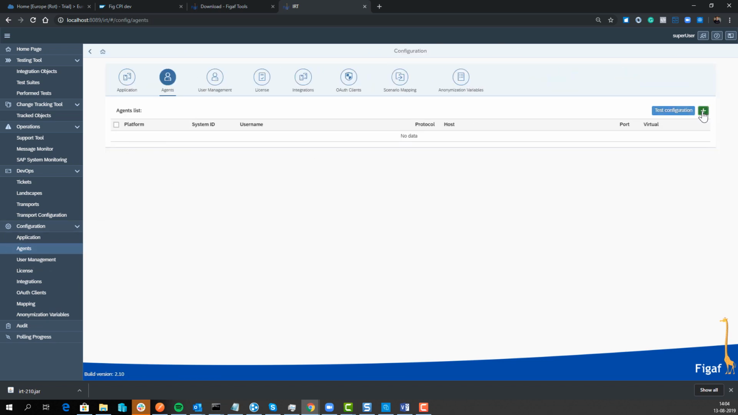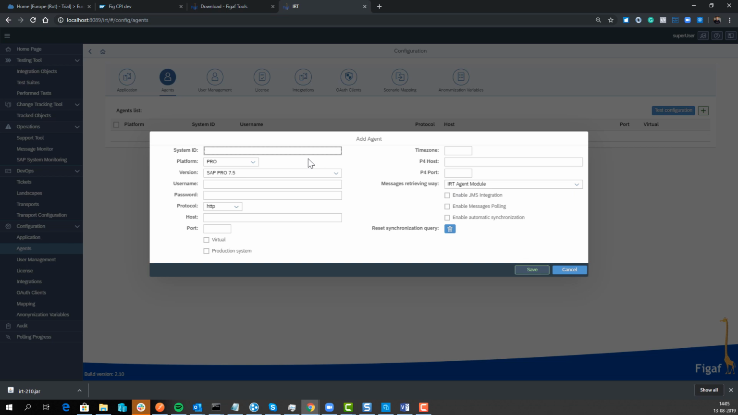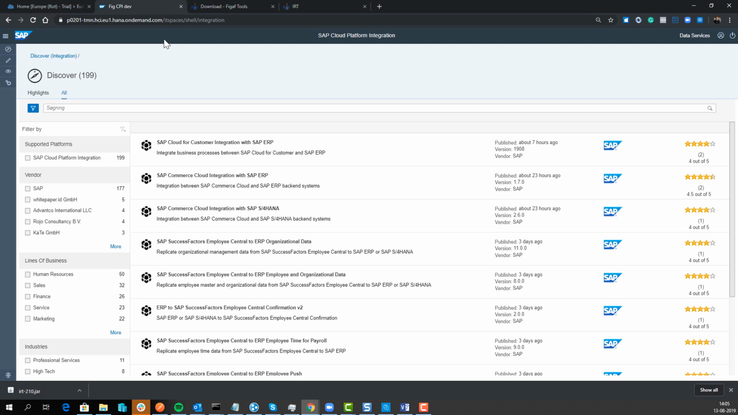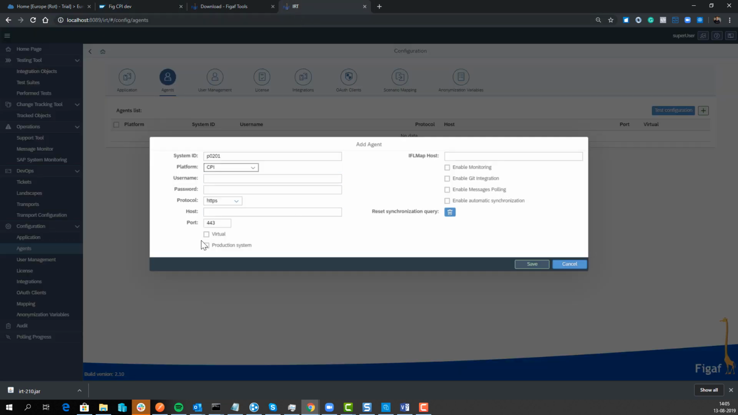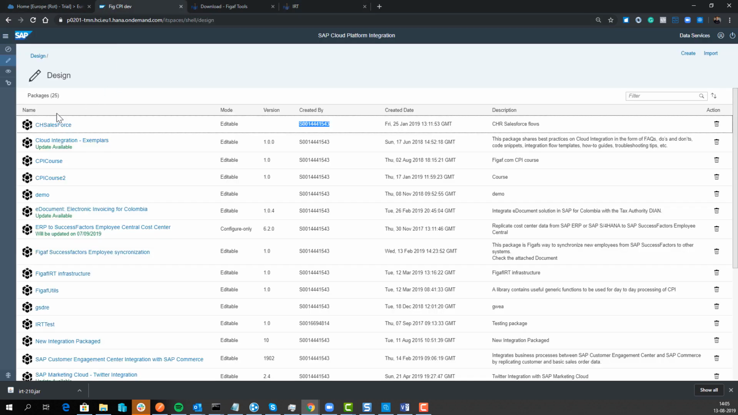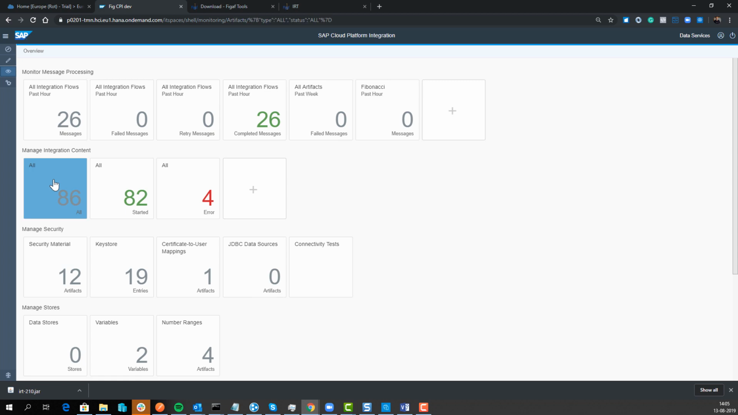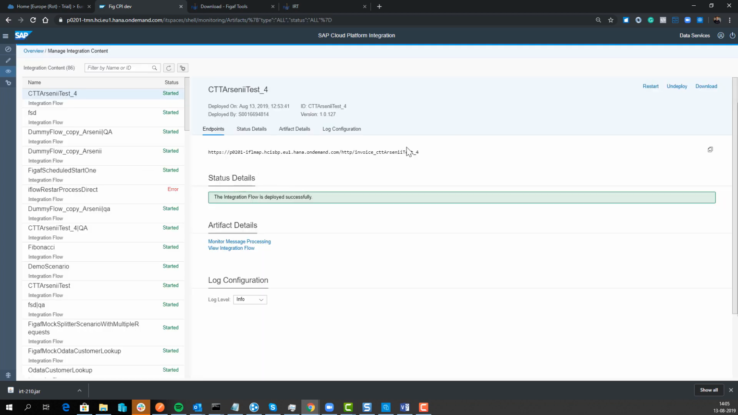The first thing we want to do is we want to set up our agents, and the first thing we want to do is we want to set up our CPI system. It's CPI, and our URL is this. Our host is this, and we can select it if it's productive system. It's not, and we also want just to be able to test data on it. And the best way is just to find an iFlow. We have here. This is our